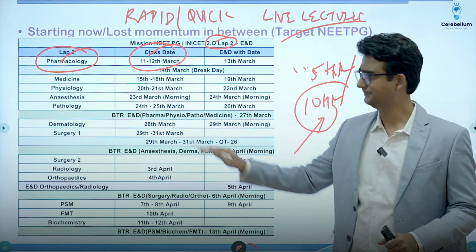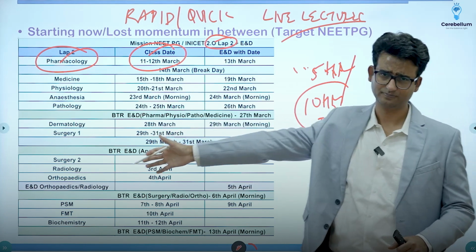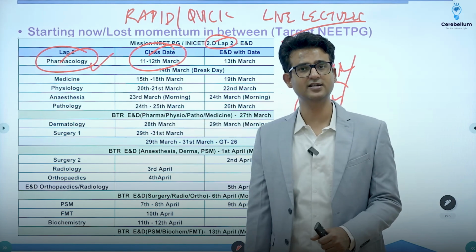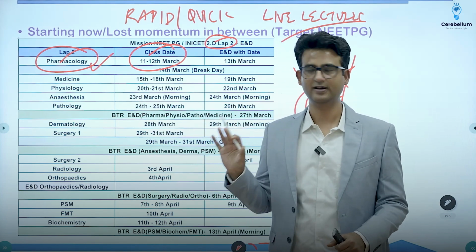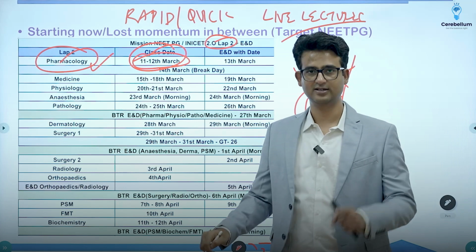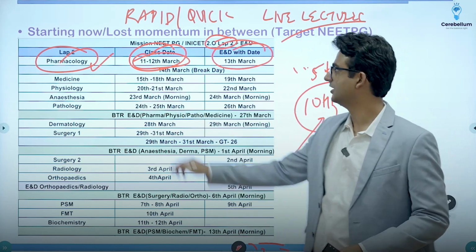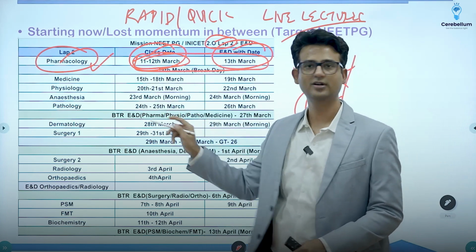11th, 12th March, classes start around 5:30 p.m. Usually a 5-hour class. If you look at the rapid revision videos or quick revision videos of GRG sir, they are also 10 hours in duration. Here we are again teaching for 10 hours. Not only that, after the class is over, we have got a test and discussion on 13th March. So we give you 3 days to complete pharmacology.